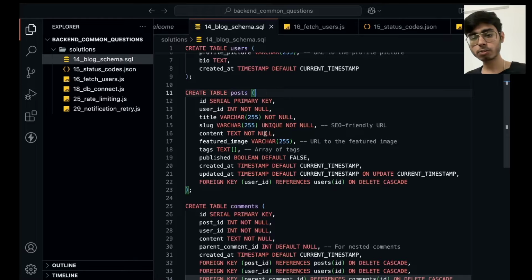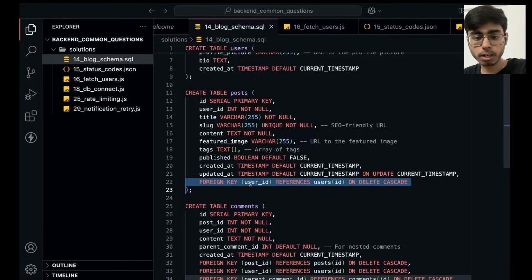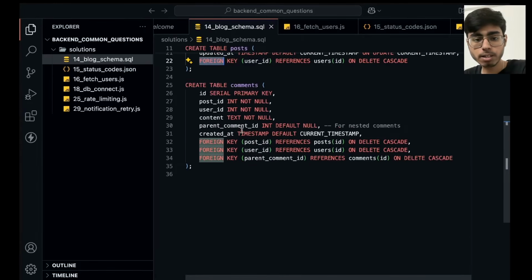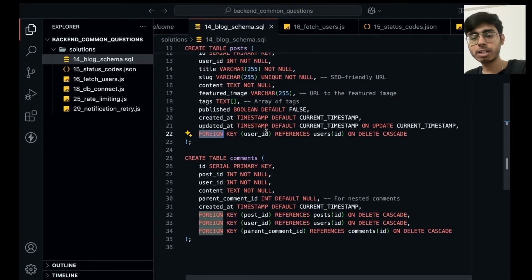So using this also you can access the blog. Then there are the content of the blog, the featured image, that means the banner, tags, published, created, and some foreign key. You can see I'm using the foreign key because every blog will be published by an admin, by a user, so you need to attach this user with the user table. Using that, you can use foreign keys. Then I have the comments. Comments will also be attached to a blog because every blog will have some comments.